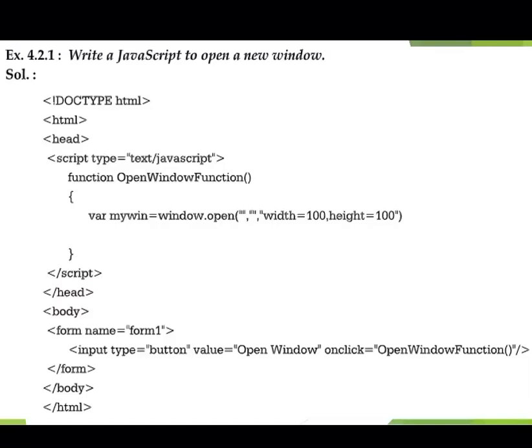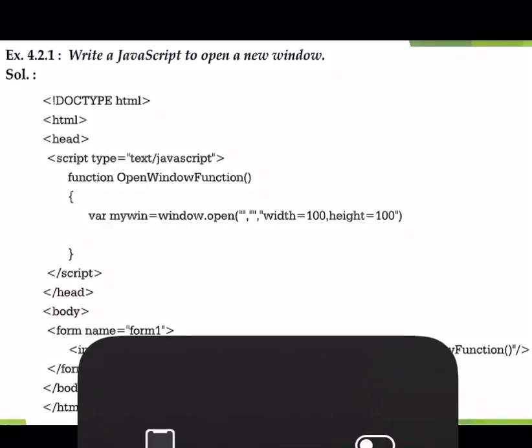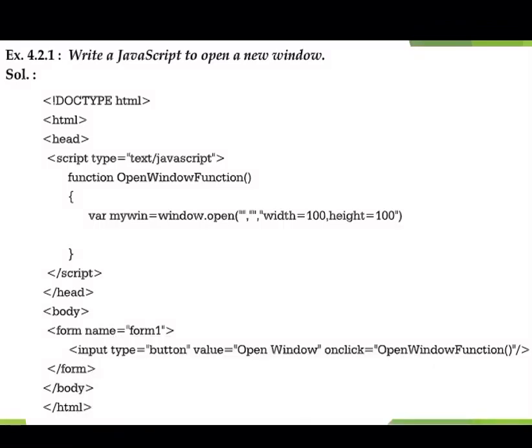So here's the code to write JavaScript to open a new window. We'll start the code over here. DOCTYPE HTML, then your HTML tag, then the head tag, then we are going to open a script tag and write a function over here.